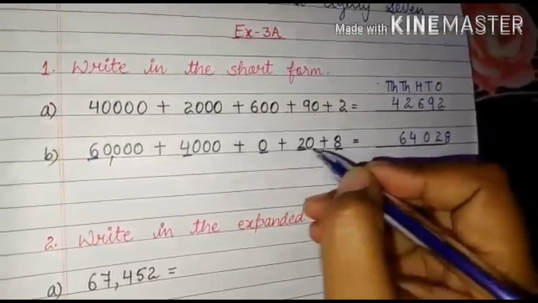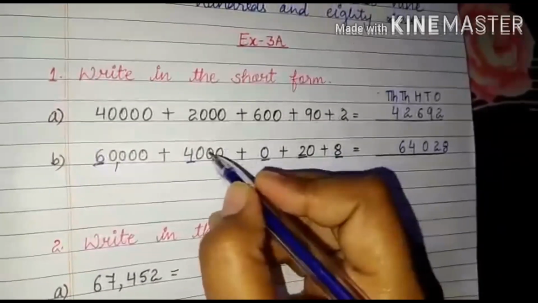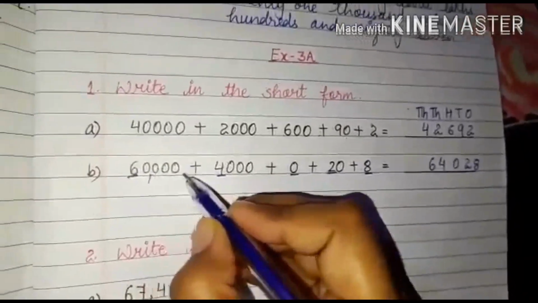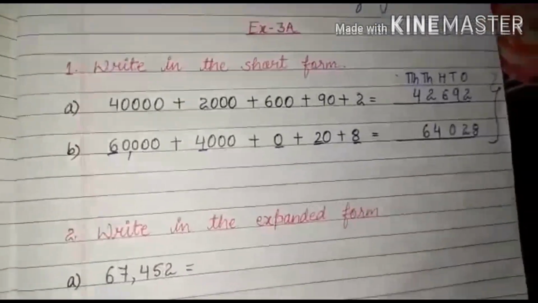Don't forget that these zeros must be in order. No zeros at the ones. Tens should have 1 zero. 100 should have 2 zeros in it, and thousands have 3 zeros. In 10,000 we have 4 zeros. So it goes on in a very simple and good manner.